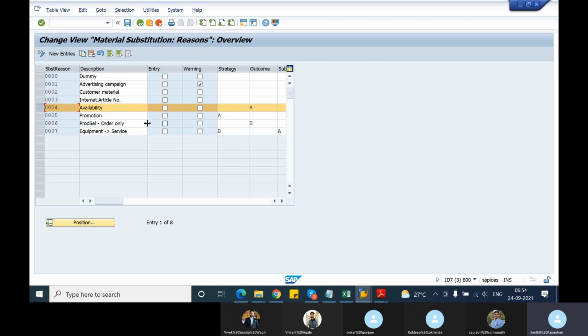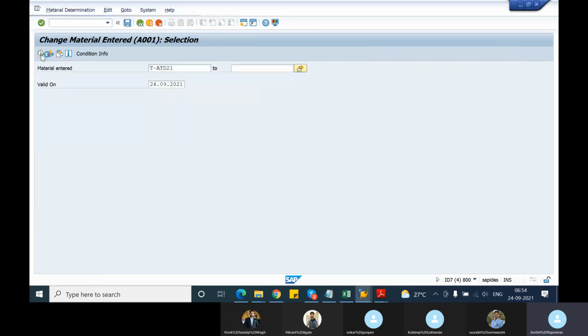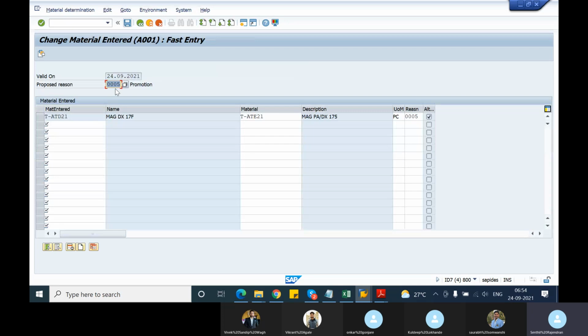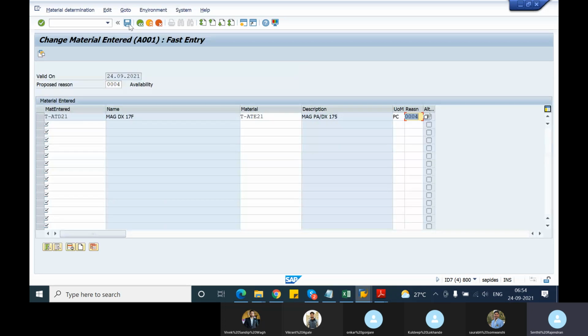It was because of this substitution reason. Now, for example, if I change the substitution reason to 04, because it has the outcome as A,